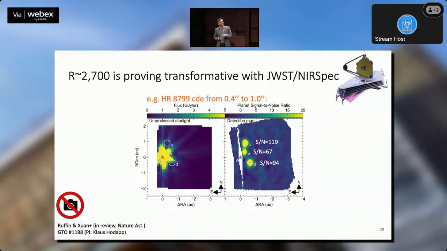We've been adapting the data reduction technique to this instrument, and this is the kind of results we're getting for HR 8799, which is a multi-planet system. So 4 planets, 5 to 7 Jupiter masses, orbiting the star. It happens that the 4th planet is outside of the field of view here for reasons I'm not going to get into. We're still learning how to work with JWST. But the thing I want to highlight here is that NIRSpec was not designed for high contrast. There's no coronagraph. And yet it has proven to be one of the most powerful high contrast instruments on JWST.